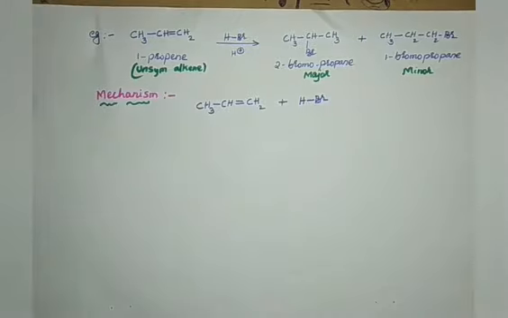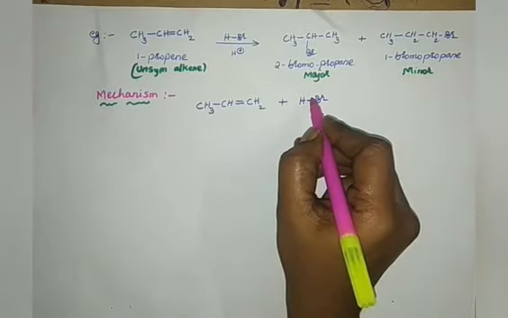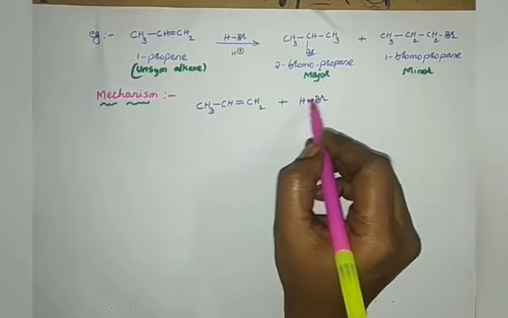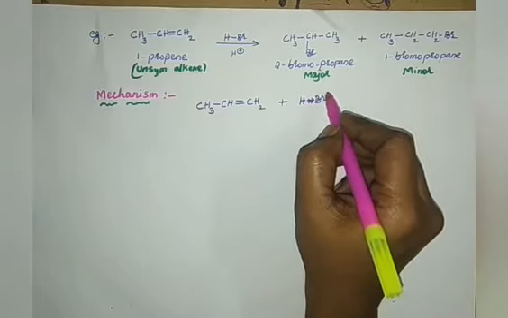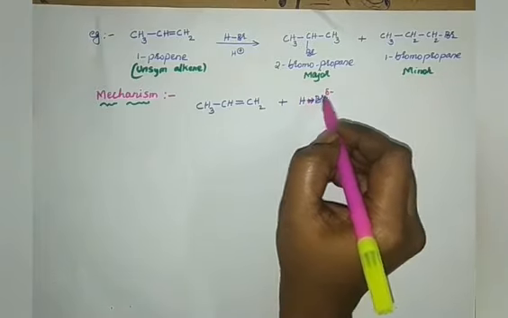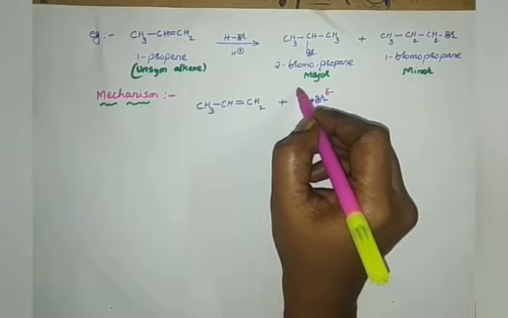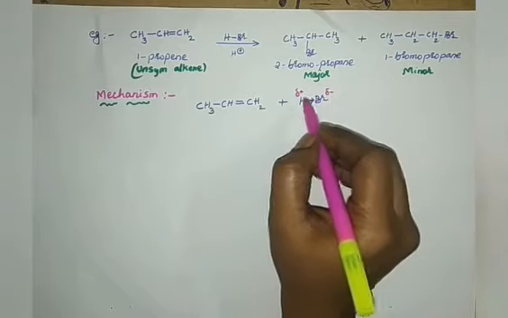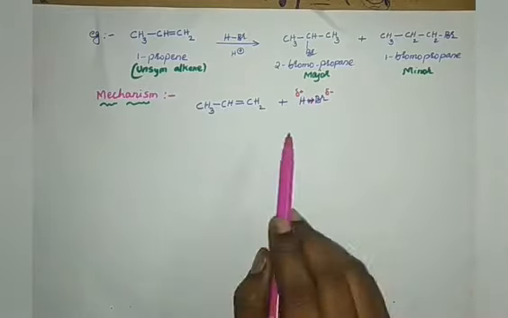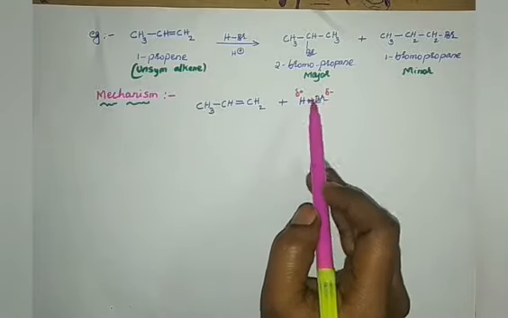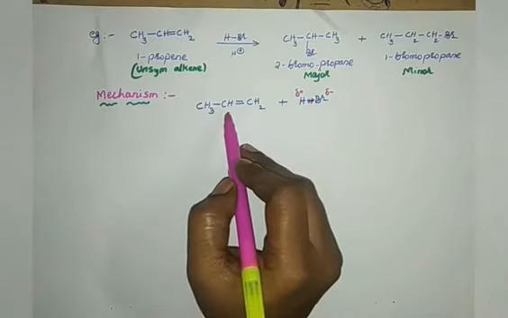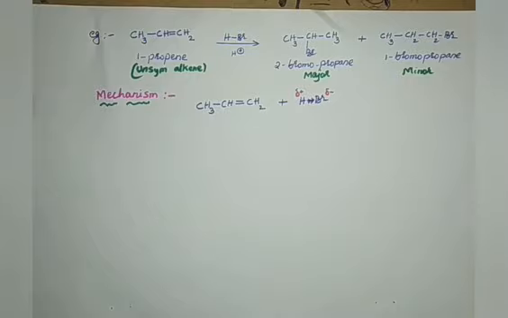So HBr, you can imagine, through the inductive bond, this bromine, due to its electronegativity, since halogens are electronegative, withdraws the electron towards it. Therefore, it bears a delta negative charge. As it takes the negative charge, this H gives off its electron and forms delta positive. You write delta positive and delta negative when the bond still exists. For example, for sodium chloride you write Na plus Cl minus. But if this breaks, I can write H plus and Br minus.